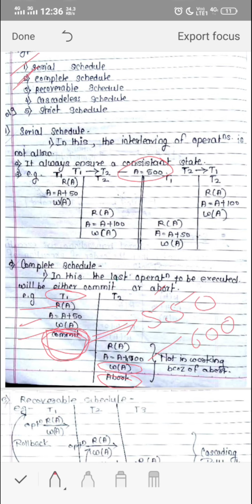It will be updated into the database, but the transaction has been aborted. Does this 600 appear in the database? No, 600 will not appear in the database. Why? Because a permanent change will not happen in the database. This is a temporary change.